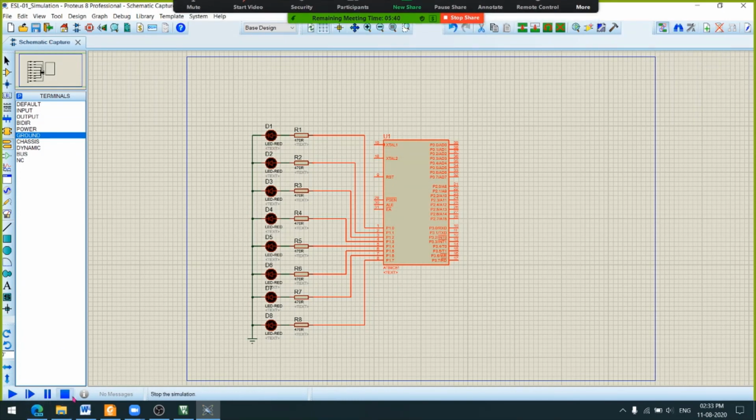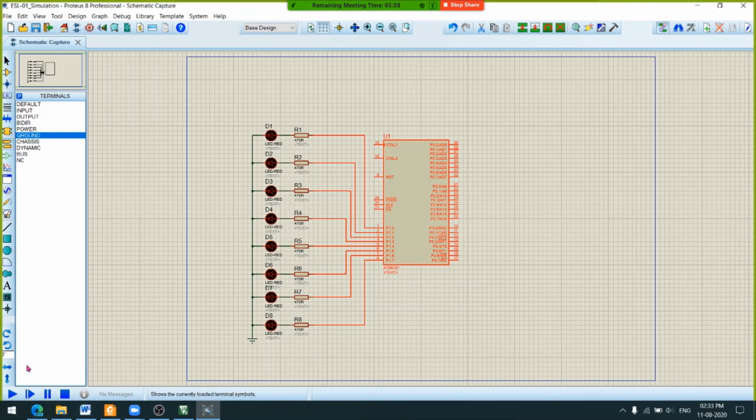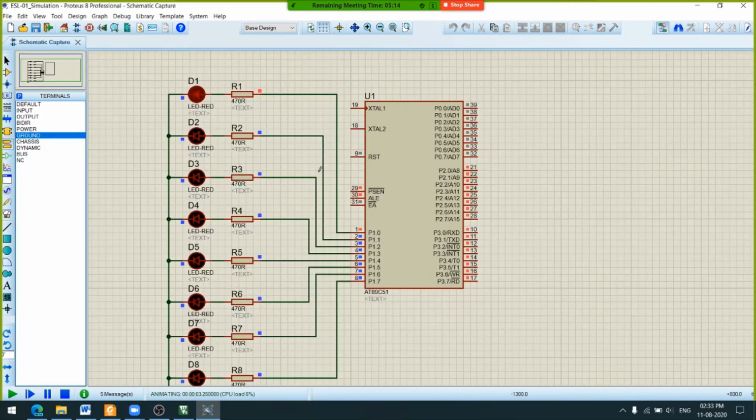These are the 3 tabs you can see in the left hand side bottom. This is run, I guess this is pause, this is stop, and this is for advancing the simulation by one step, one animation frame, right? So let's go and run the simulation. If you run the simulation, I hope you are able to see this, right?